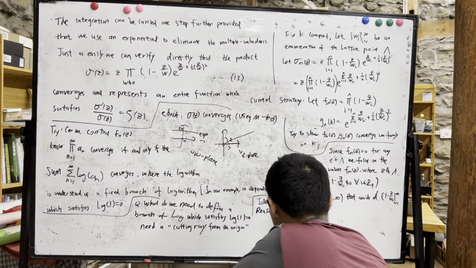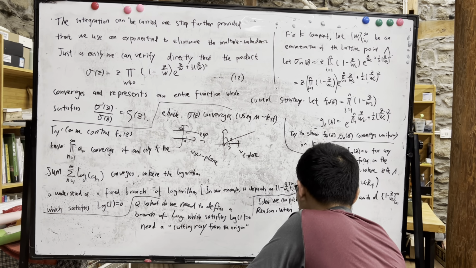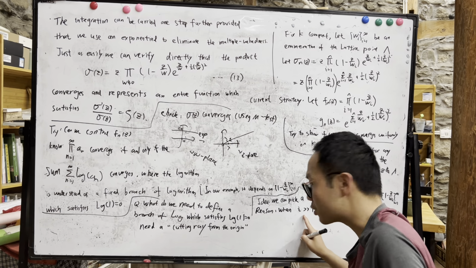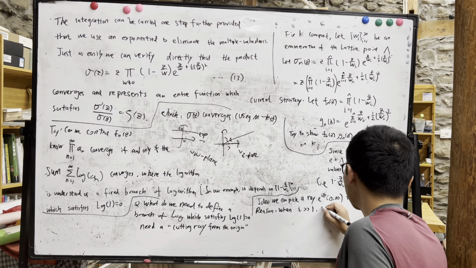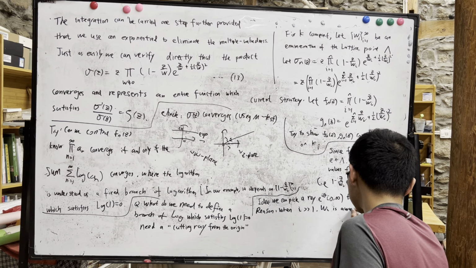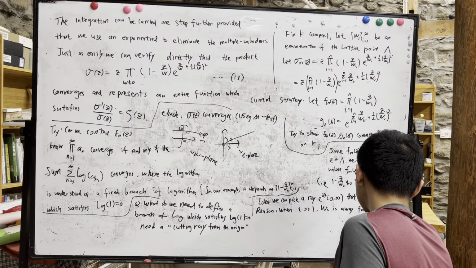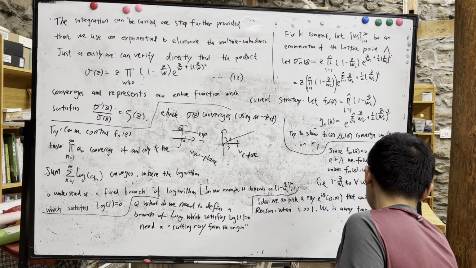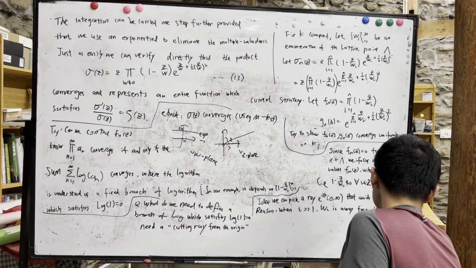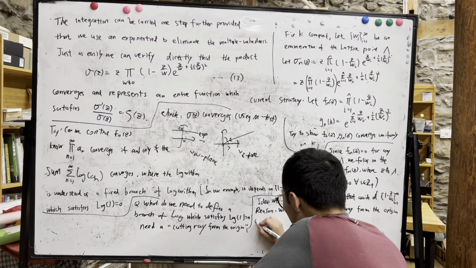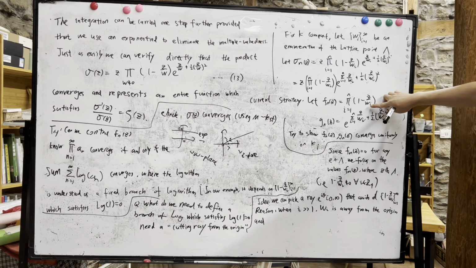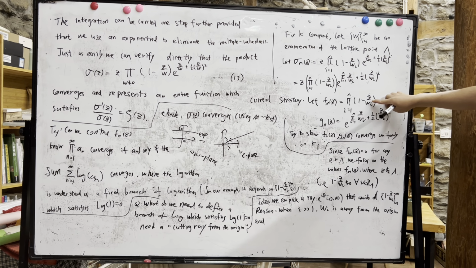So when this i is large, and I'm using this notation to denote that i is very, very large, omega_i is away from the origin. And so when this omega_i is away from the origin, we know that the point 1 minus z over omega_i